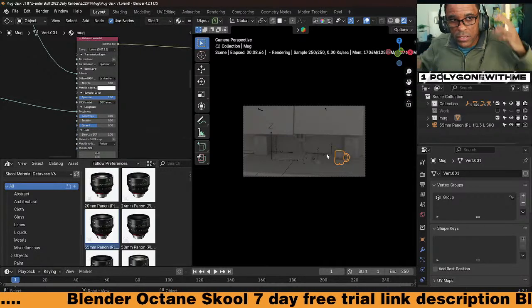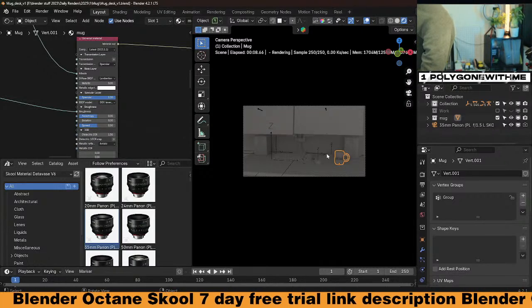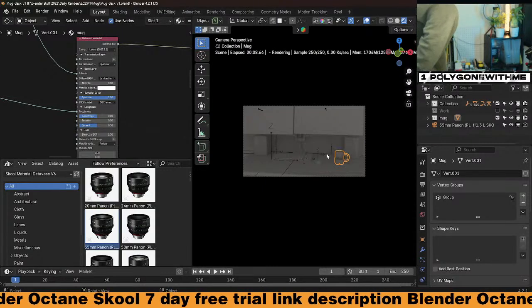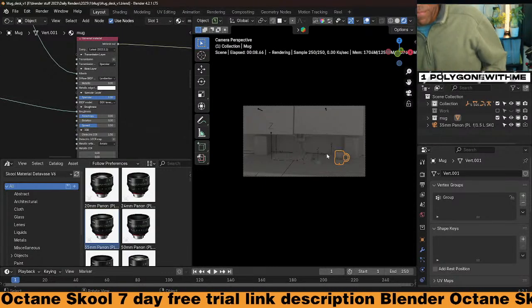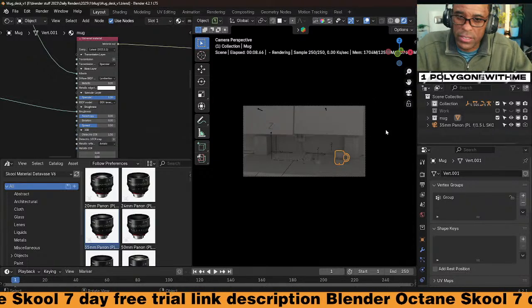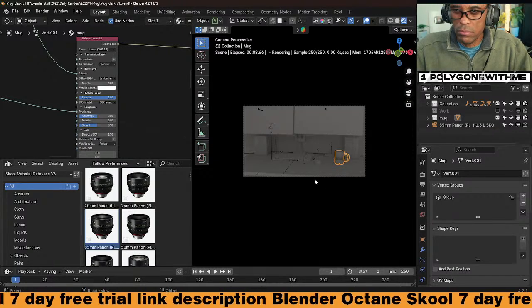What's the wattage on this light? I think these were like 75 watt LED bulbs, can't remember.